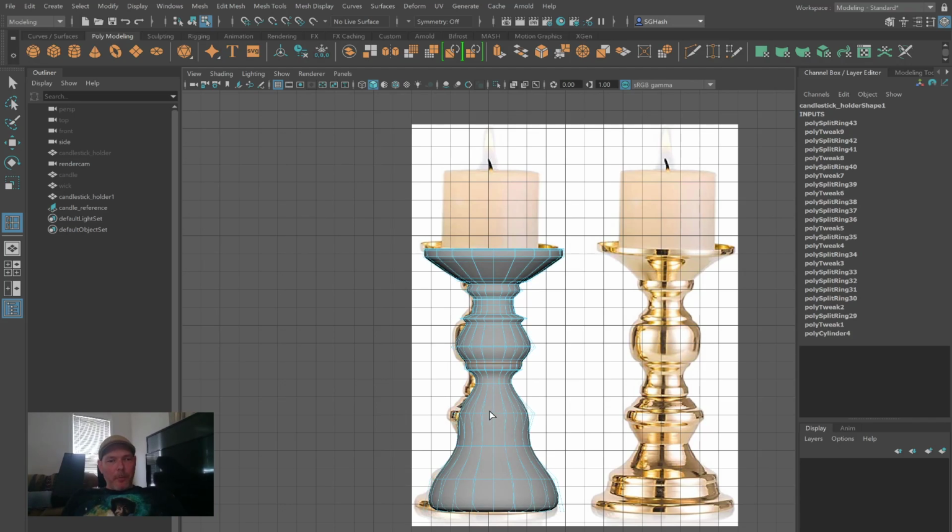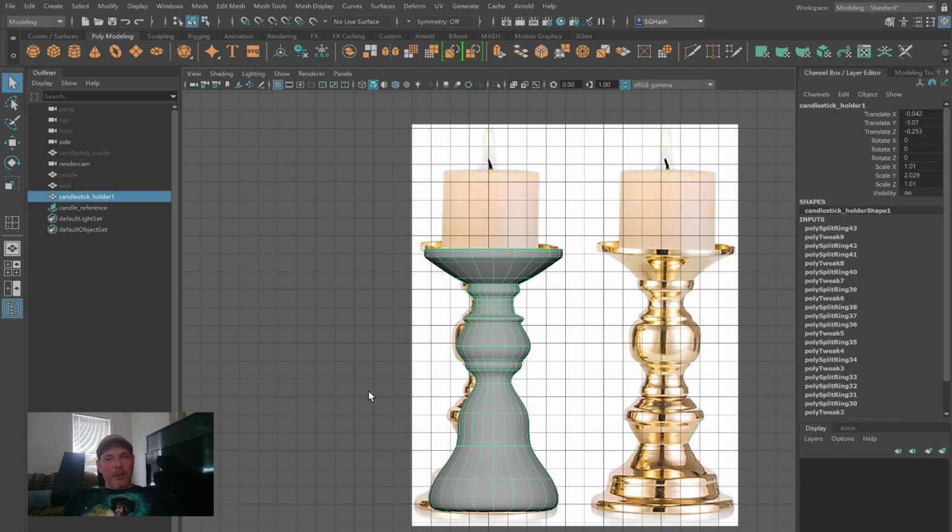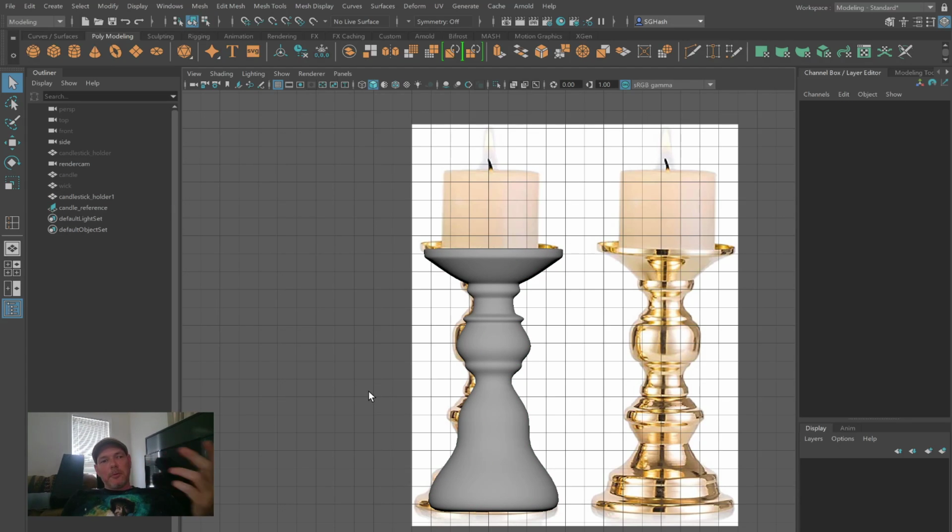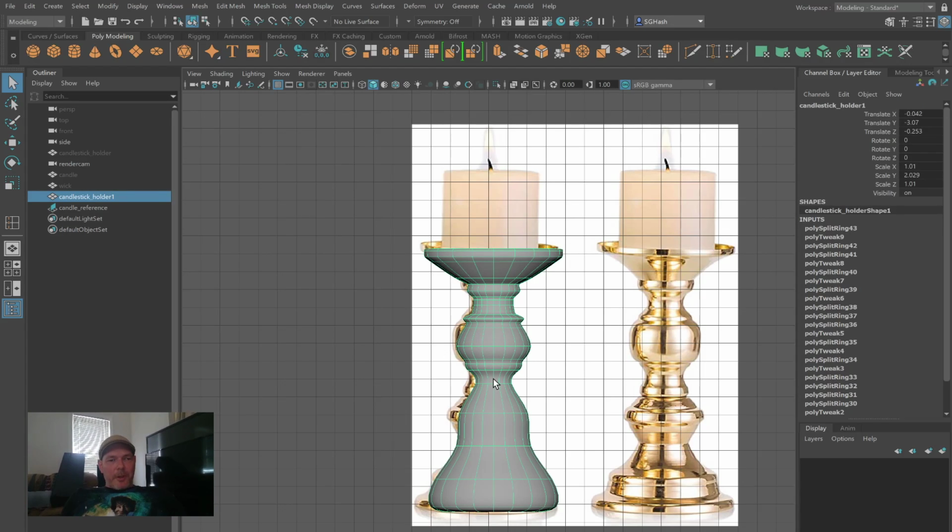Then I check with the 3 button. I hit Q for select, F8 for object selection. I click off of it. I can see that this shape does not match this shape. What do I do about it? Well, I select it. I hit 1,